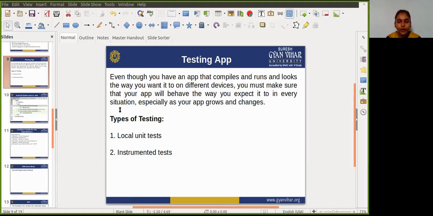The code you write to test your app doesn't end up in the production version of your app. It lives only on your development machine, alongside your app code in Android Studio.